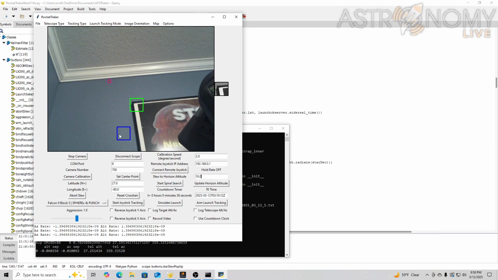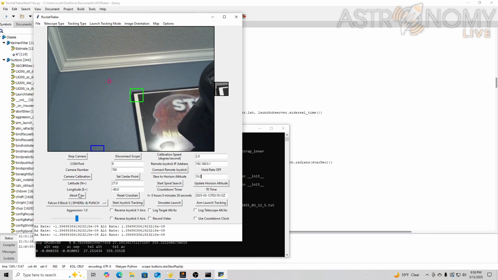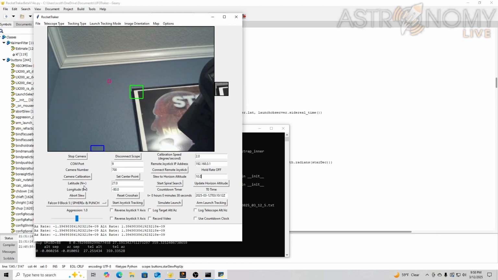So let's say I want to calibrate using this feature right here, and I do a camera calibration. I can abort at any time with the abort slew button. Now it's still looking for the camera calibration to be completed, so you can just click somewhere else and force it into thinking, oh, now I know the image scale. Just click somewhere else in the image and it will finish its calculation, even though that number is really wrong. So we can